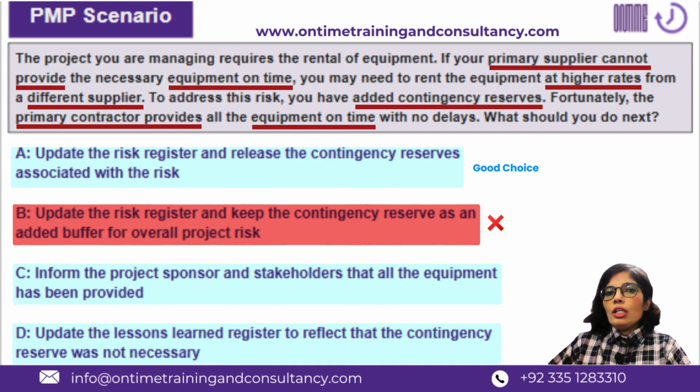However, this doesn't ensure the financial taking care of the situation. The question is primarily talking about how to deal with the contingency reserve that you associated with the risk. So the communication aspect, or only the communication aspect, is not going to deal with the situation. And same as the case with option D, that updating the lessons learned register is definitely a step that you would do,